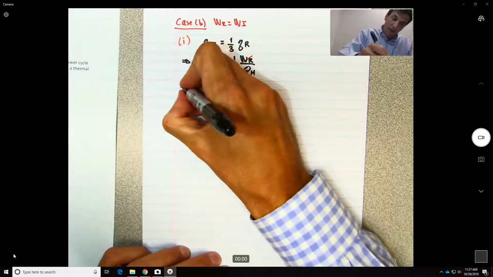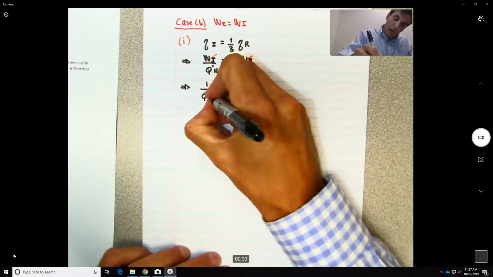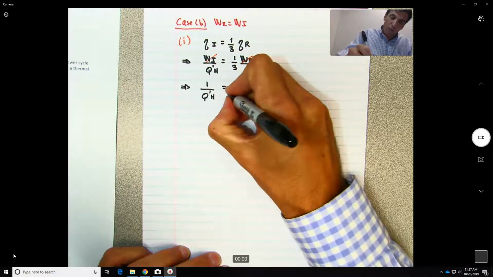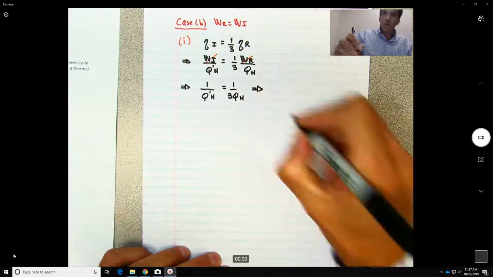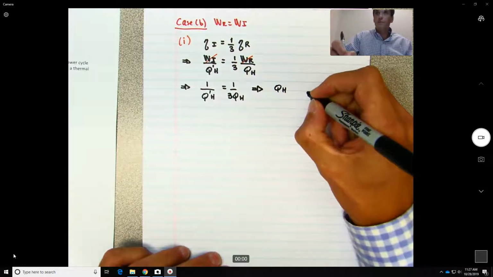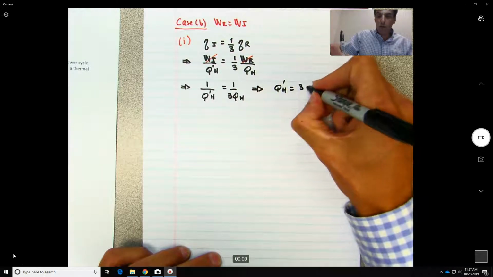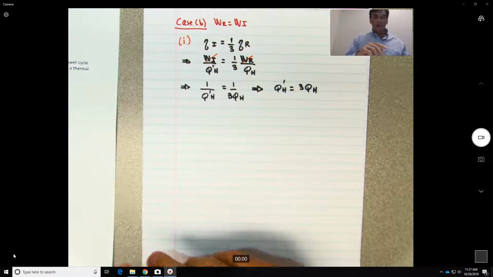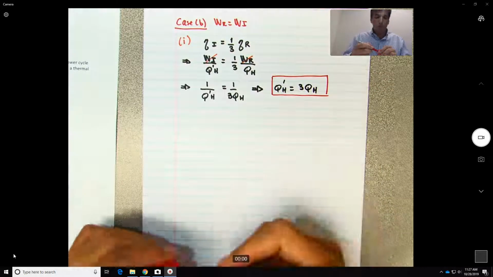And what we have is what? 1/Q prime H will be equal to 1/3 of 1/QH. Or okay, Q prime H will be equal to 3 QH. So again, as you can see, this time the amount of heat that you need to put inside the system